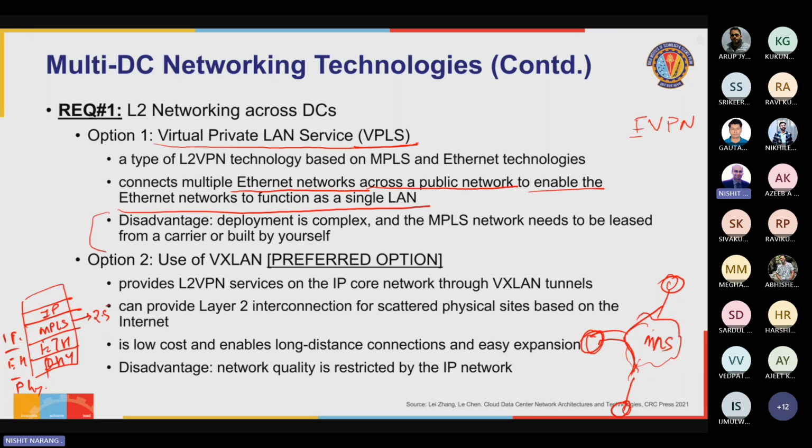If I want to use MPLS, because MPLS gives me better quality of service, it's like having a circuit switch network created over packet switch. There are things like resource reservation, and traffic switching is faster because it uses label switching rather than routing. So traffic is switched at the MPLS layer rather than routed at the IP layer. So it's faster. But to use that, I need to go to a private service provider who has set up his own MPLS network, and I need to take service from him, the likes of Tata Teleservices. I'll have to purchase connectivity service from them to connect my data centers